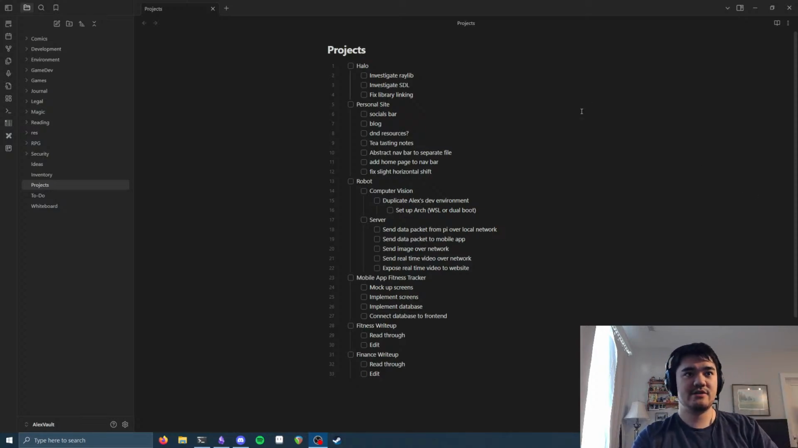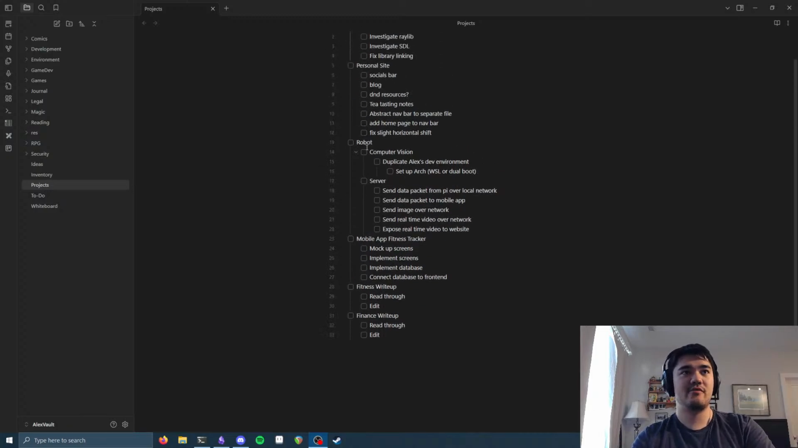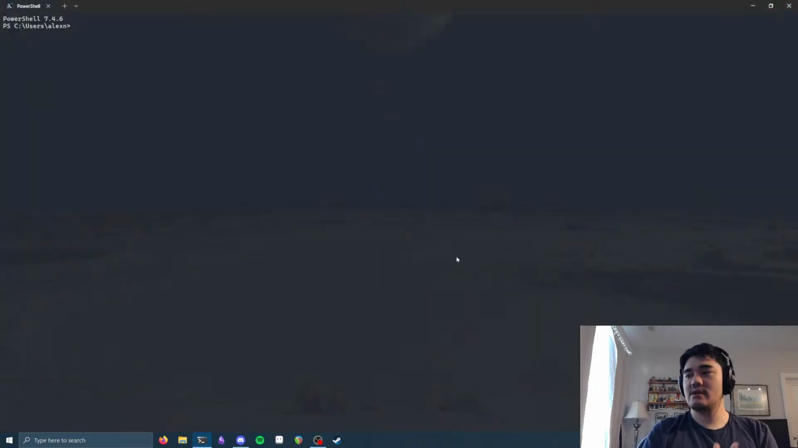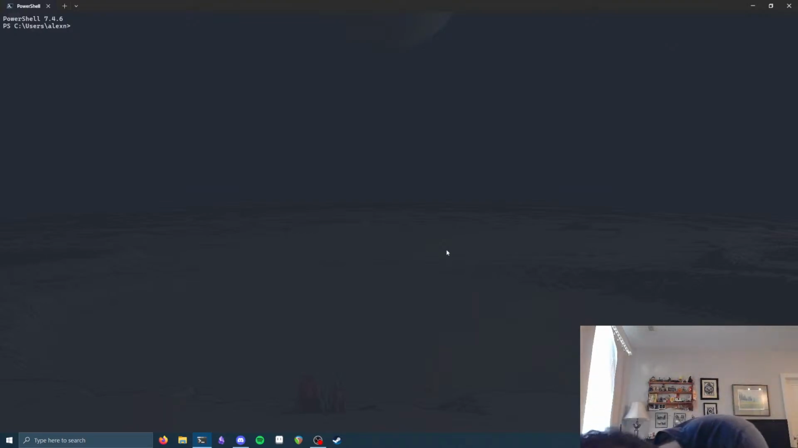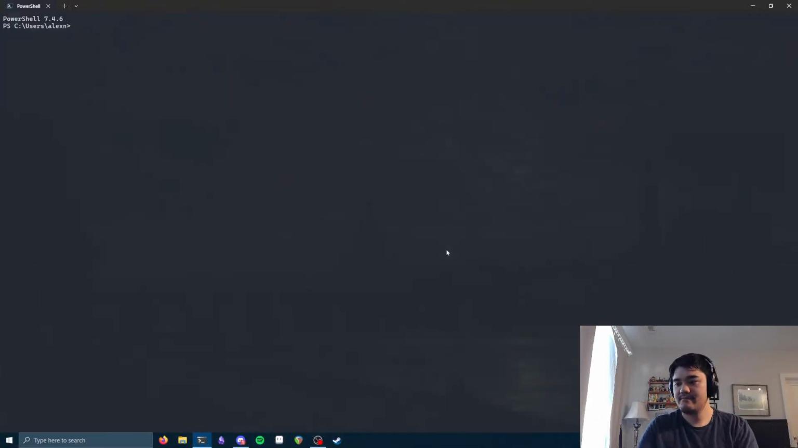All right. So today we're working on some robot computer vision related stuff. I want to figure out how exactly we get packets off of a Raspberry Pi, let's say. Let me turn that on. Over the local network to a PC running a local network server. So yeah, we'll figure out how to do that, progress that up to sending and decoding image files, and